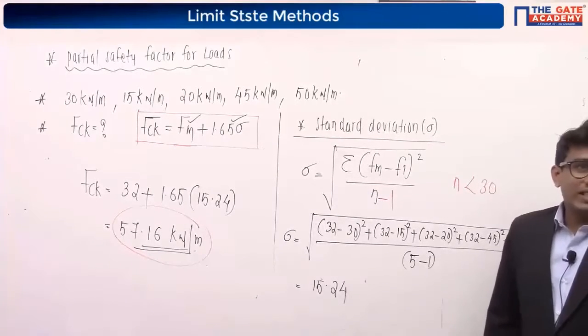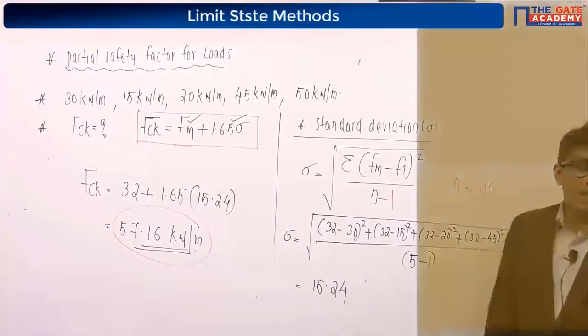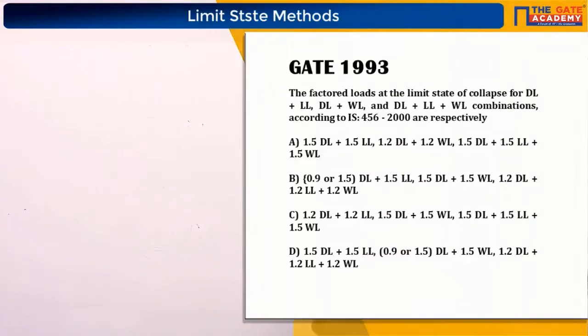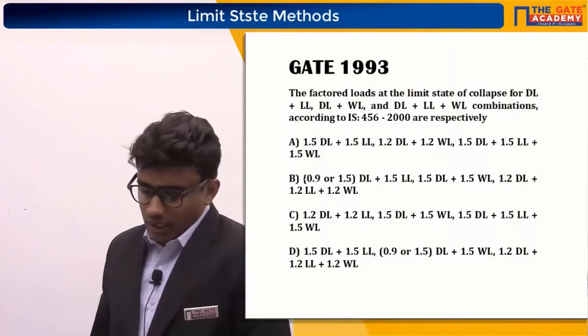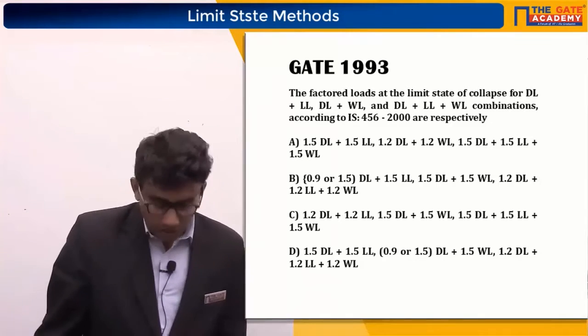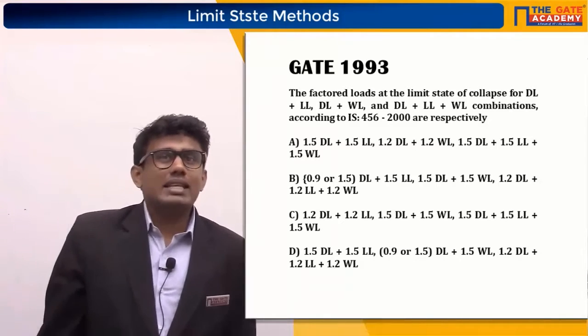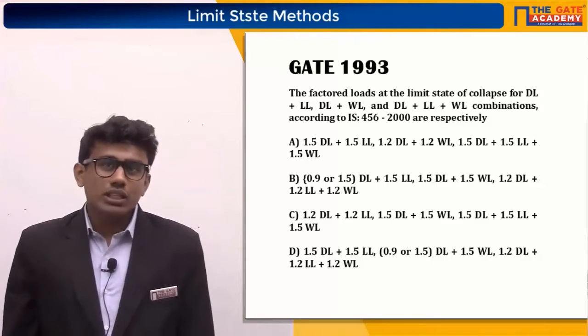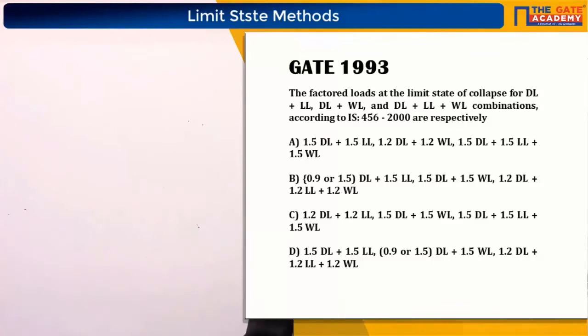And if it is done, you can go with the next question and give me the answers. See, Dhruv, actually IS code gives us some sigma values for different grades of concrete. We will consider them for the mix design. Don't go for this. For taking the design load, we have to calculate it.